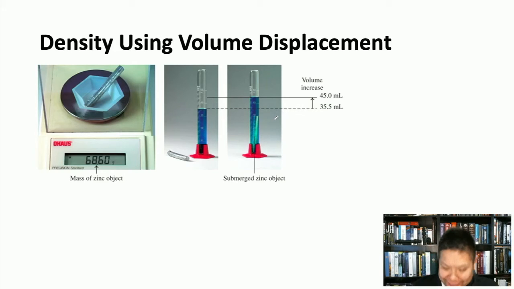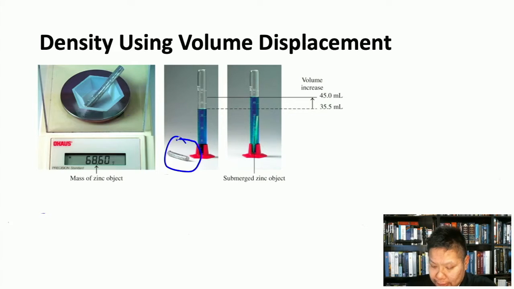Anyway, so why is that even helpful? Why is that useful? Well, it's helpful and useful because you can use that principle to determine the volume of weird shaped objects, right? If you had a block or something like that, it'd be easy to measure all three sides of that block and figure out what its volume is. But what if it's like a weird piece of metal or something that's very irregular shaped? Well, what you can do is actually put that object, like for example this piece of zinc right here,